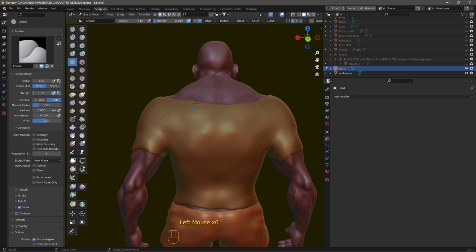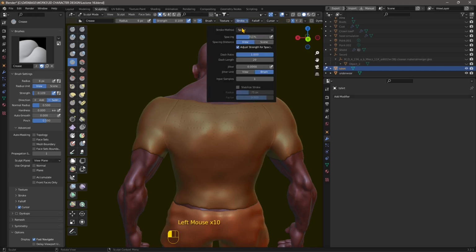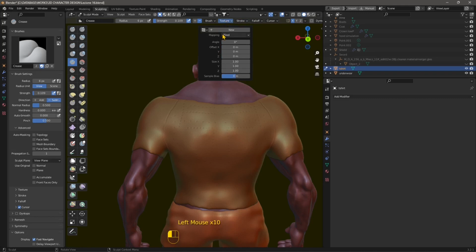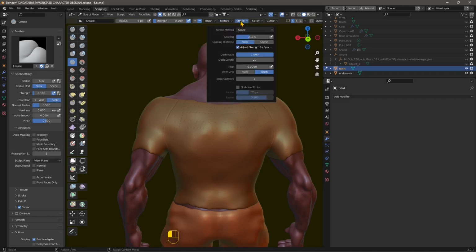You can simulate seams again, or any other type of decoration you want to apply to a surface, which could be hard surface, could be soft surface, depending on how you adjust the stroke, the spacing, the falloff. Everything we saw also in the previous video is going to give you different results. Now of course,